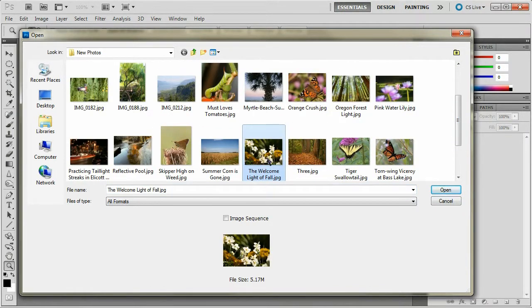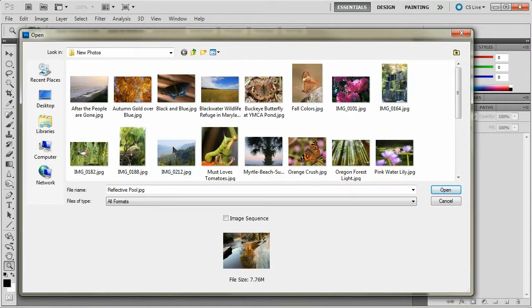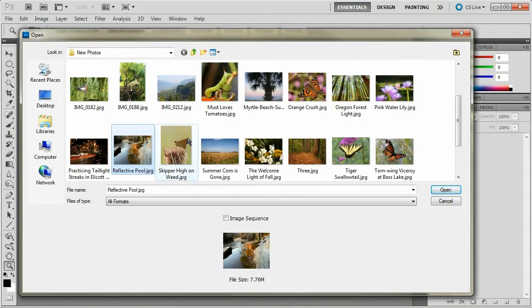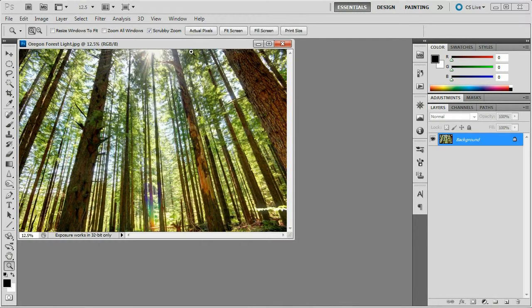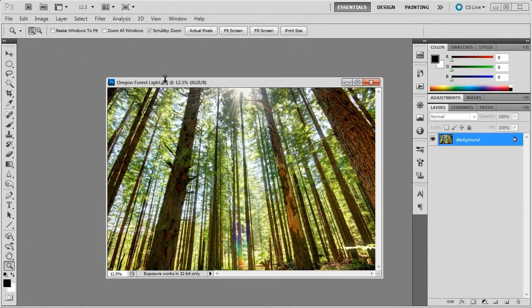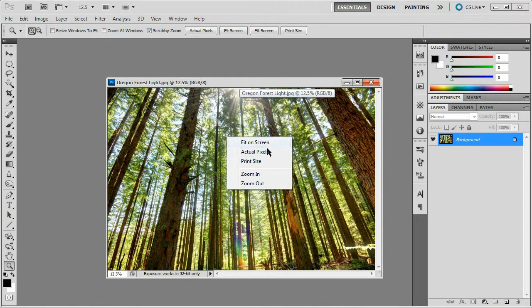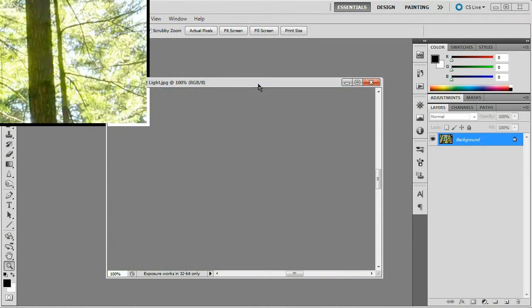Some are 5 megabytes, some are a little bit smaller. There's a 7 megabyte. We've got one in here, this one's a 16 megabyte image. And again, as you can see here, it's displaying at 12.5%. If we displayed this at full size, we'd be looking at an image